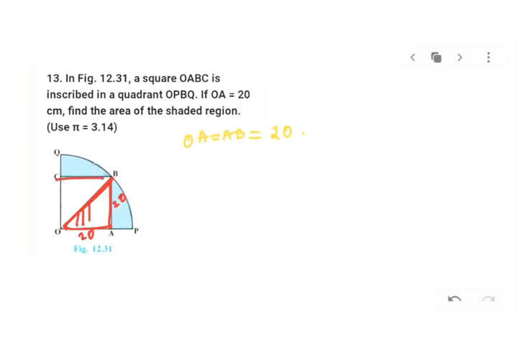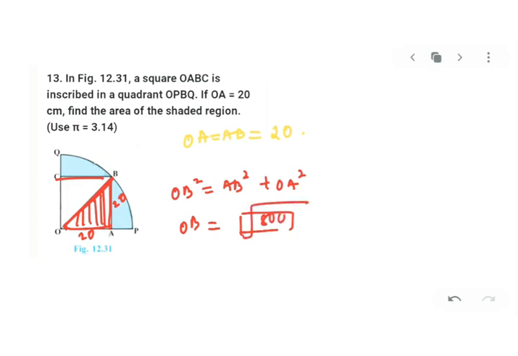If I take this triangle, and by Pythagoras, if I want to find OB, can I go OB square is equal to AB square plus OA square? From there, I'll get the value of OB. Let's see what value of OB you are getting. I guess OB you will get under root 800. And if you just simplify it, you will get 20 root 2. Am I perfect with this? This is your OB. And OB is what? It's a radius. Now you got the radius in your hand.